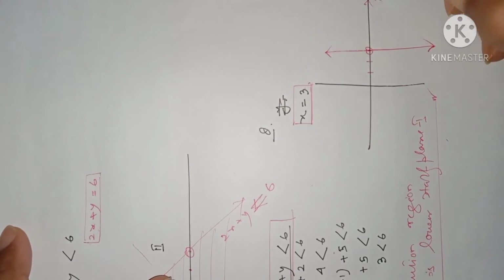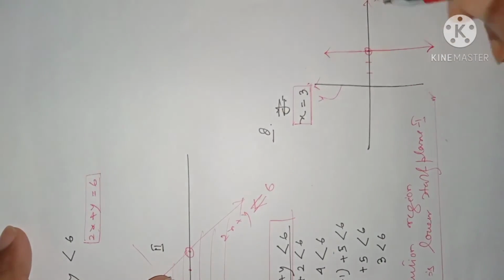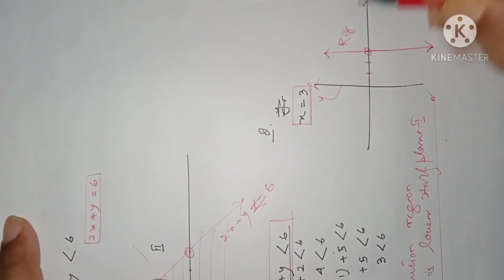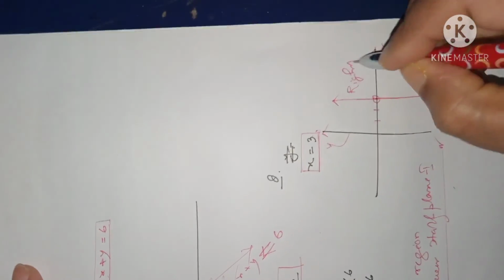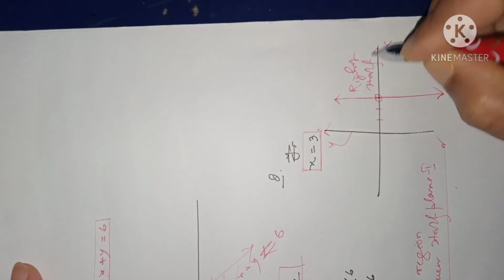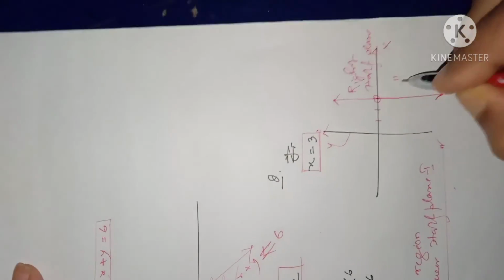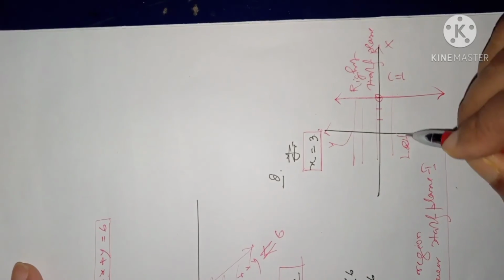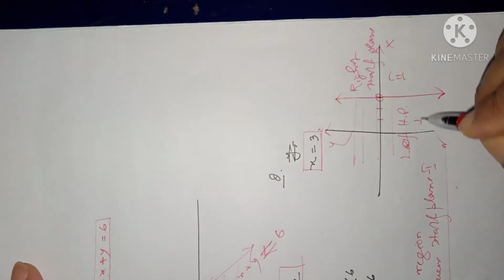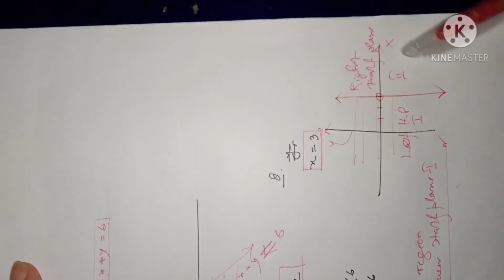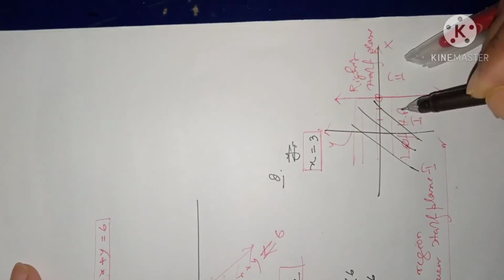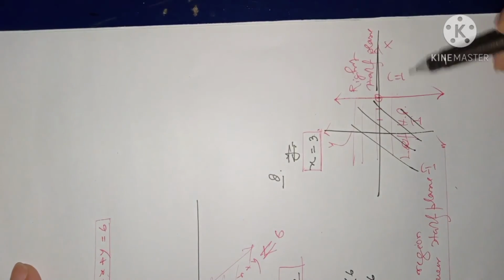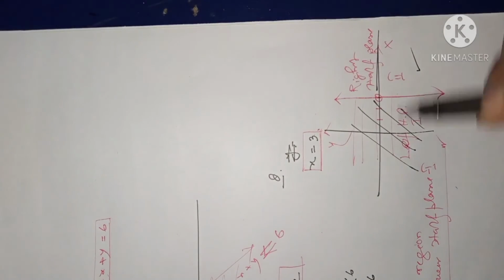That means that time we are dividing this plane into two parts. One is called the right half plane, this will be called right half plane 2, and this side will be called left half plane 1. Here also the solution region can be left half plane or right half plane. Okay, dear students. So sometimes the solution can be found in right half plane or left half plane.